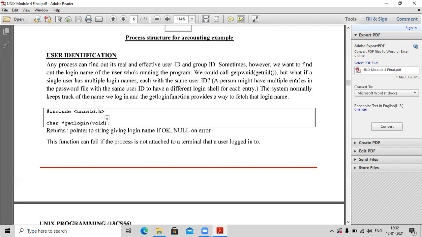If there is some error while executing this function, it will return a null value. So this is how you can obtain the login name of a particular user who is currently running the program. There are limitations when you execute this particular function. This can be overcome by using a function called getlogin.